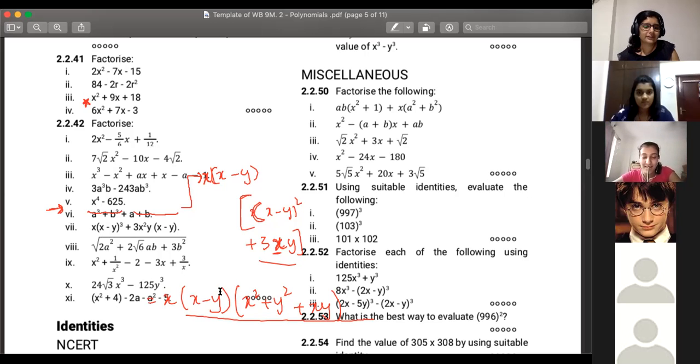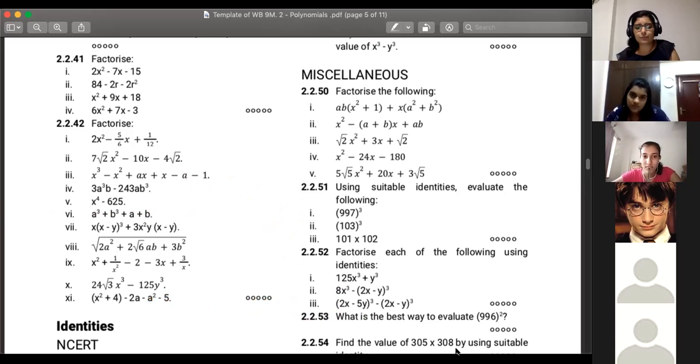So either you can express it like that, but it said factorize, right? So it's better to leave it in the form of as many factors as possible. So just leave it like this. But yes, this is kind of how you use identities. Whenever you come across questions that say factorize, you need to express it as multiplication of different expressions. You're figuring out what the factors are. So your first aim is to see, okay, one, can I take things common? And after you take things common, then see if you can apply any identity to it.